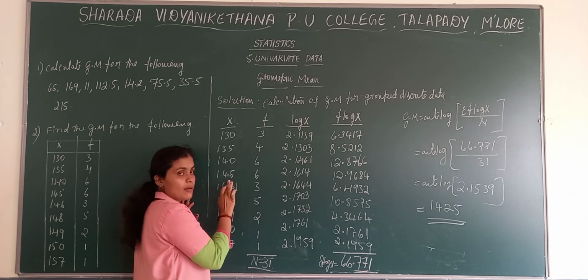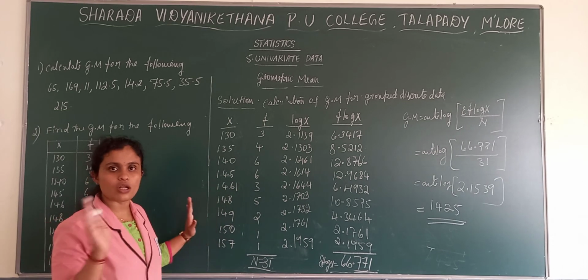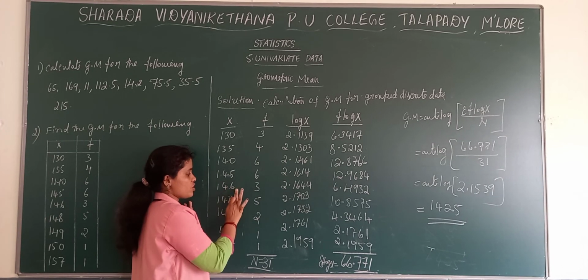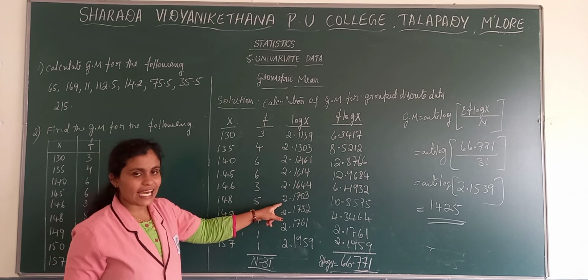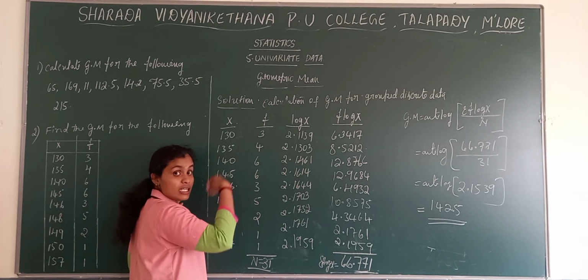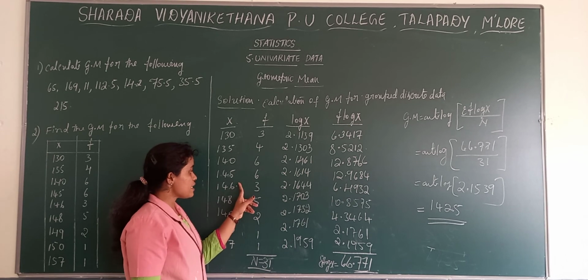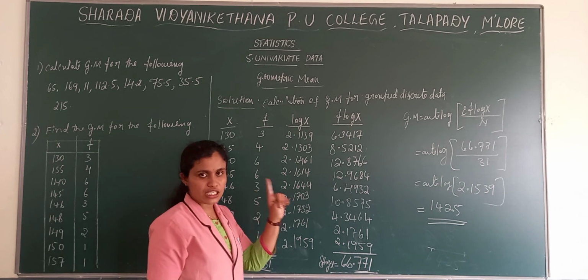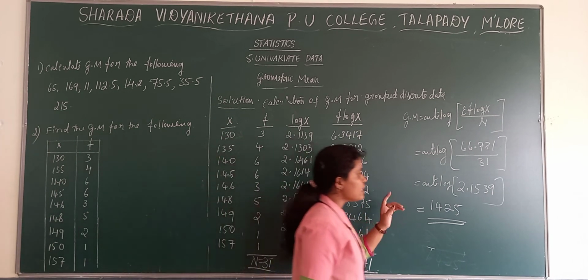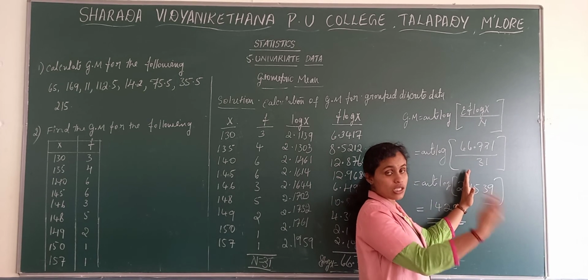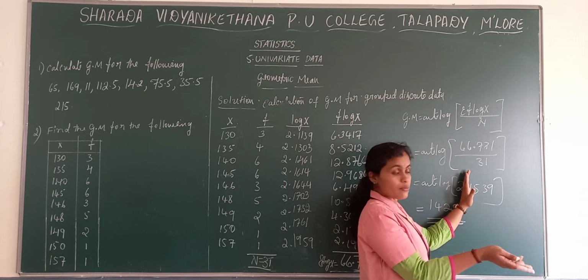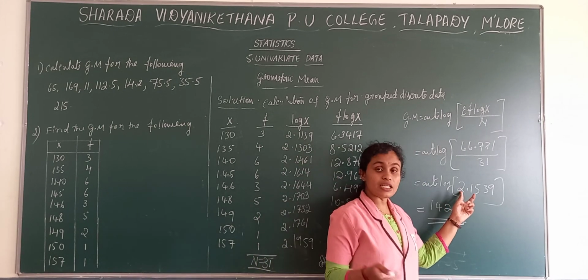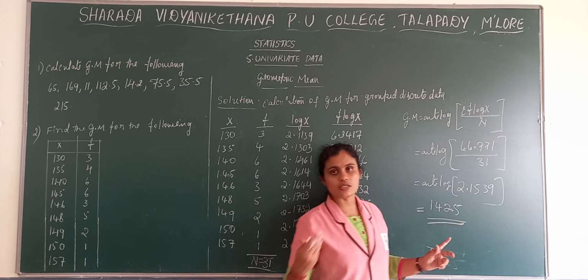But while seeing the mantissa, there is no difference whether there is a decimal point or not. It is 14, sixth column and first column mean differentiation. Remember, in case of writing characteristics, if there is a decimal, we are not considering the value after the decimal. Rest of the things are similar. If we get a 4-digit value, we need to see the 4th digit in the mean differentiation. And in antilog, we are considering only the values after the decimal. And while allotting the decimal point, we add one to the value which is before the decimal.